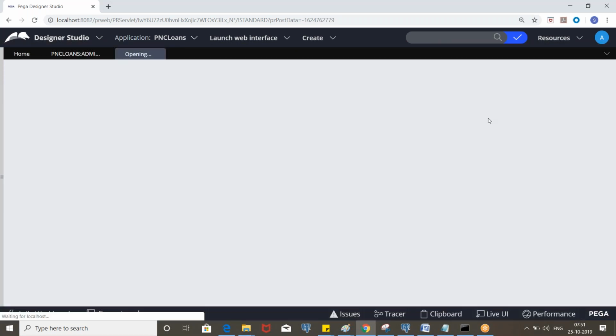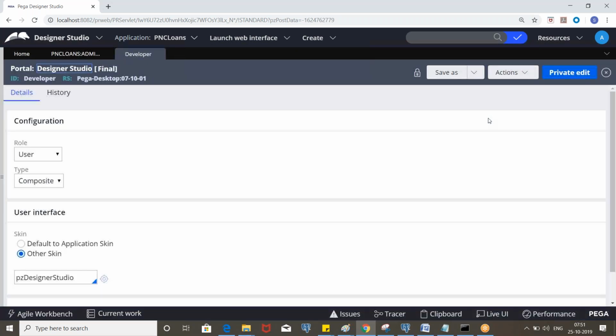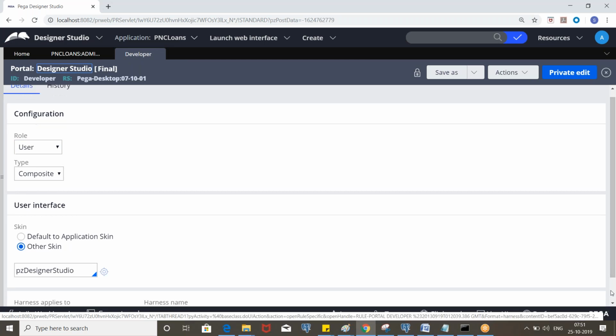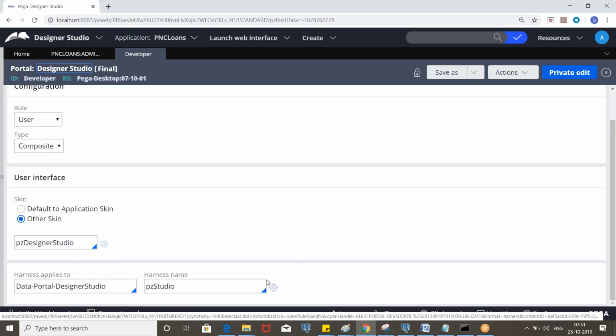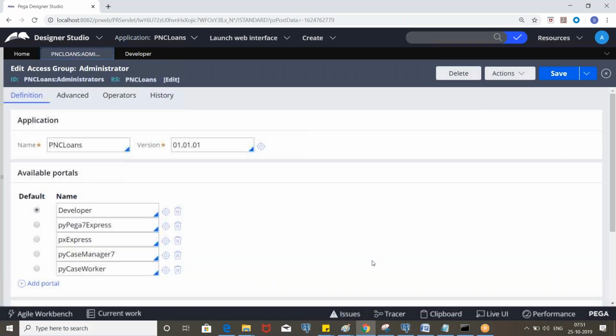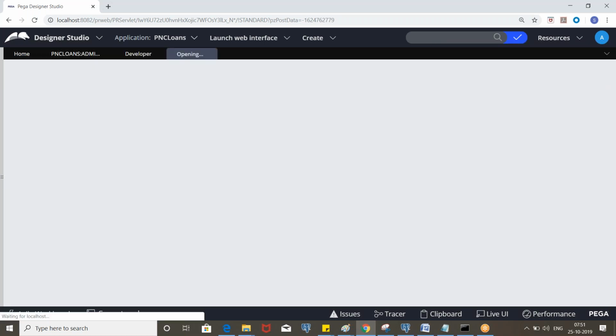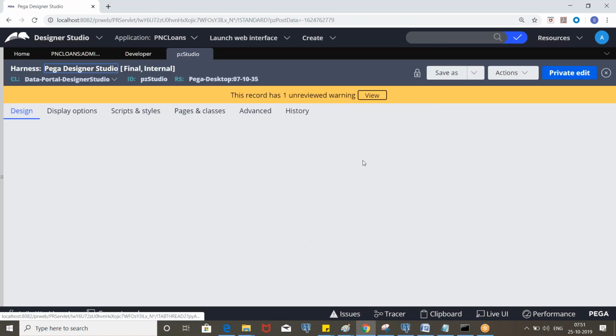If you open this, inside the portal we have a rule called pzStudio harness. A harness is like a larger screen; inside that we'll have multiple sections. We are seeing some data, which means behind that we have some screen sections. So in this screen we can have multiple sections. Similarly, in the pzStudio harness we'll have a lot of sections available.